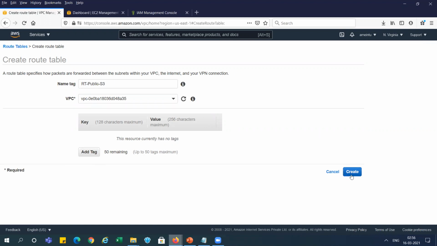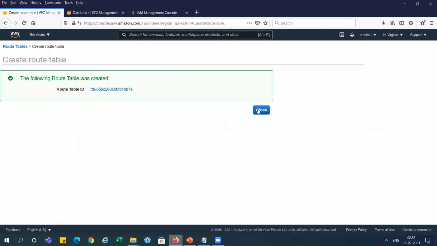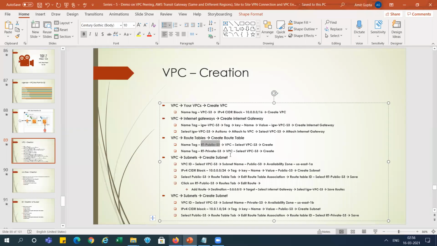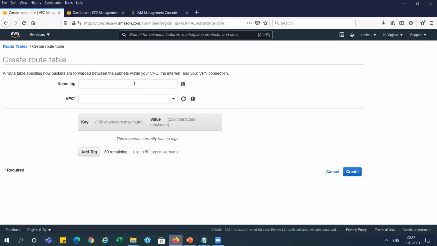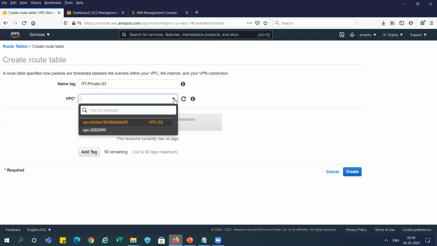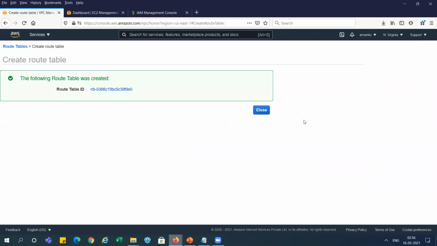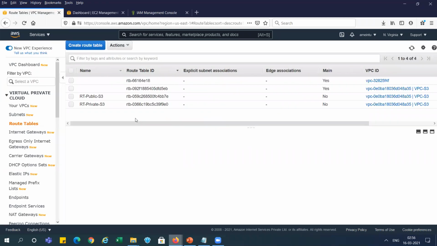This is a route table, and we will create one more for the private one, named RT private S3, also with VPC S3. So we have created two route tables, separate for public and private.